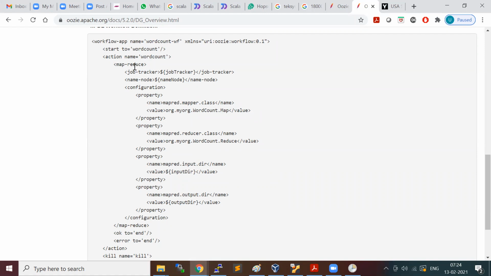If you want to run a Hive job, you will have a Hive tag. If you want to run Sqoop, then a Sqoop tag will be there. Similarly, for other Hadoop-related jobs, if you want to run Pig, you will have a Pig tag to run your Pig script. Then you will provide the MapReduce information here.